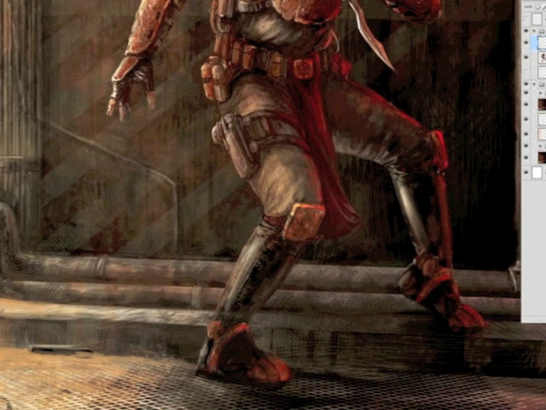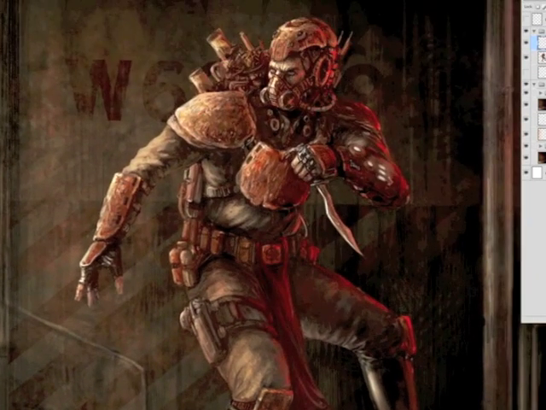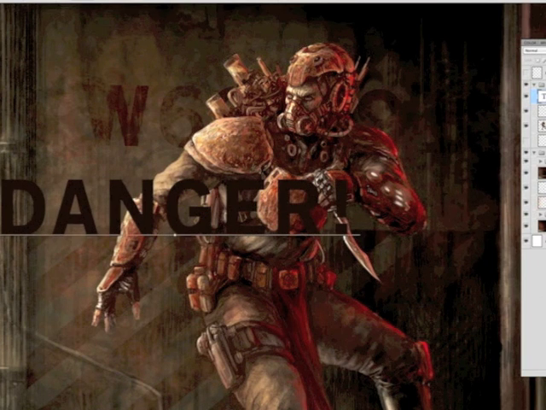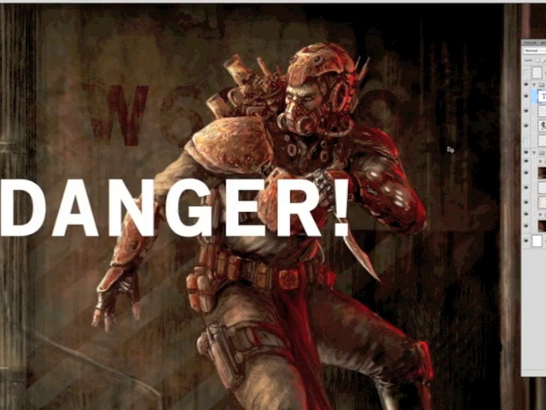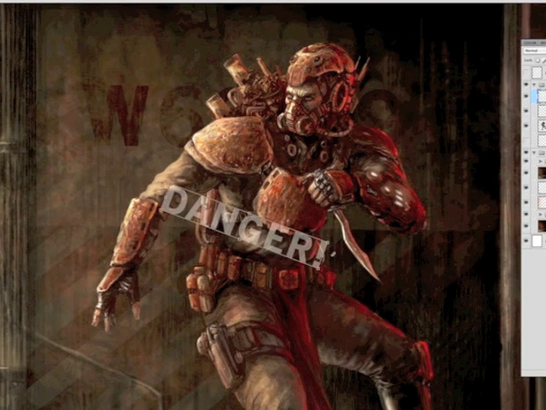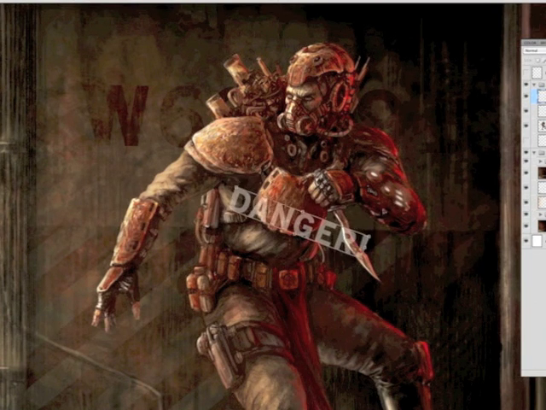It's exactly the same process I did with the background, adding more small details without going into detailing. And I just started to think about the story again. So this character probably